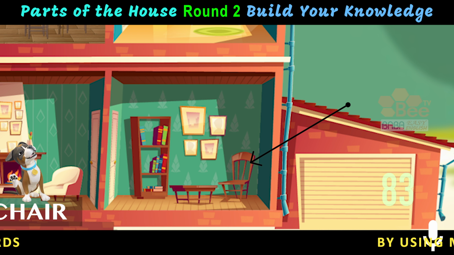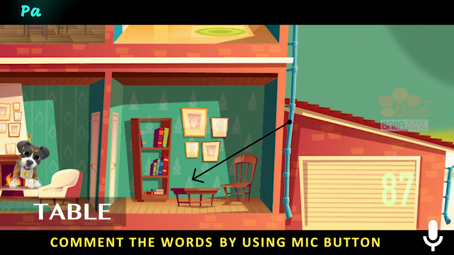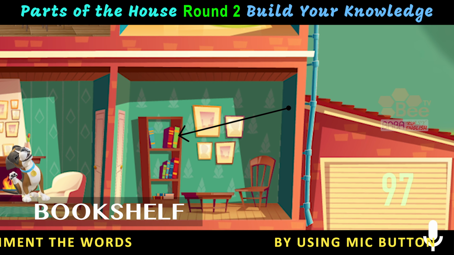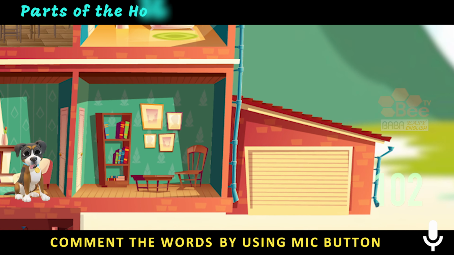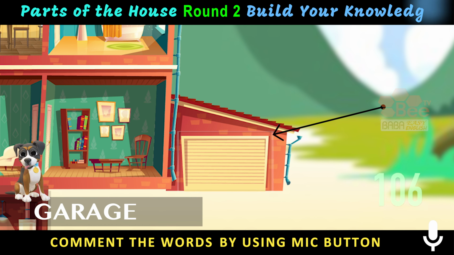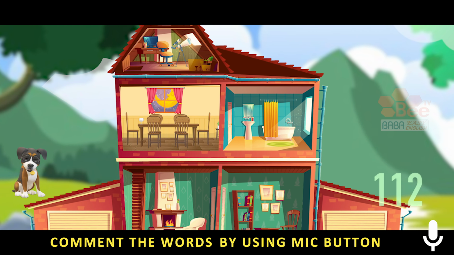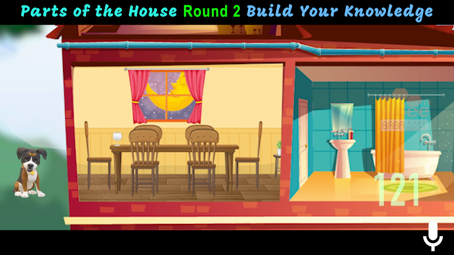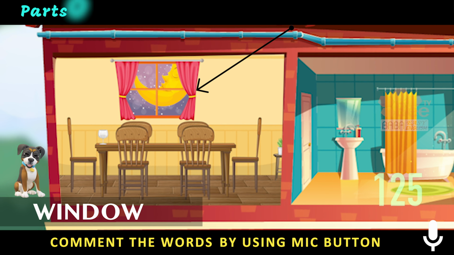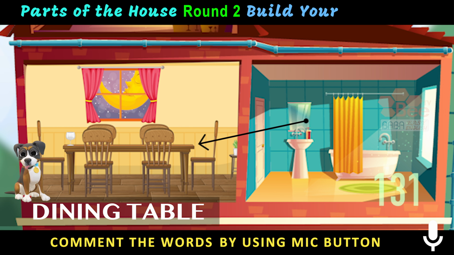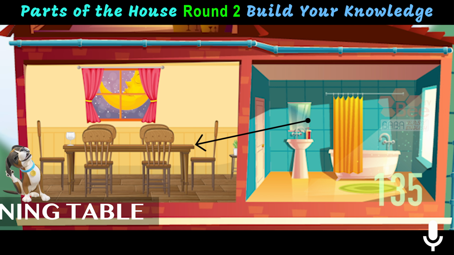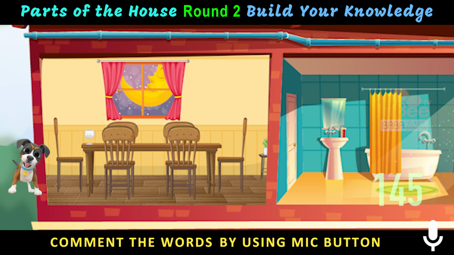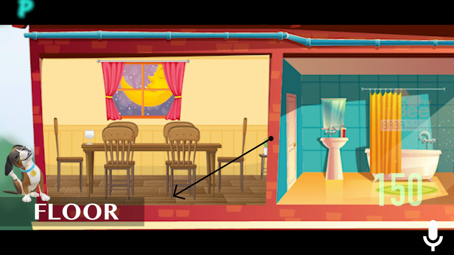Chair. Table. Bookshelf, garage, dining room, window, dining table, dining chair, floor,